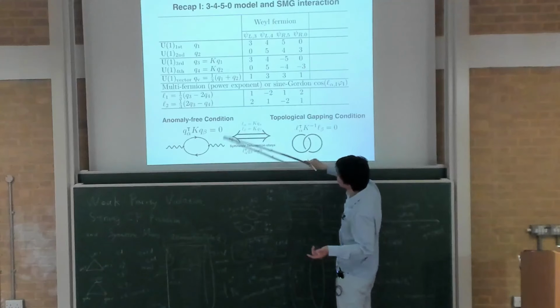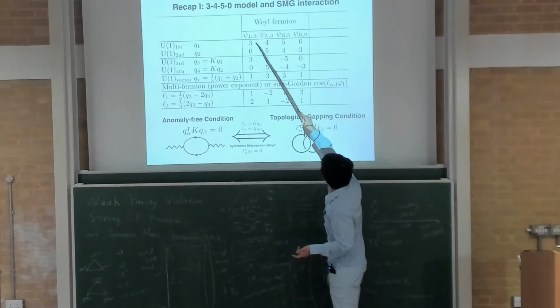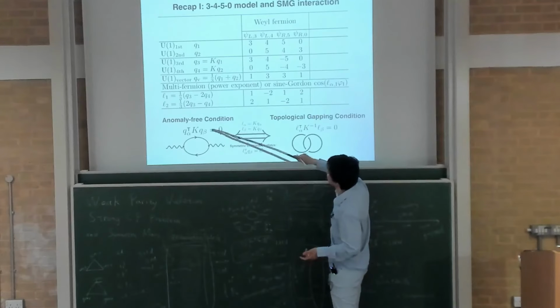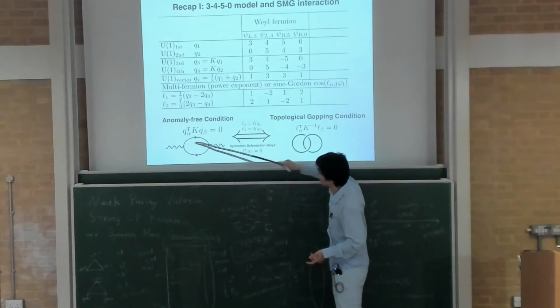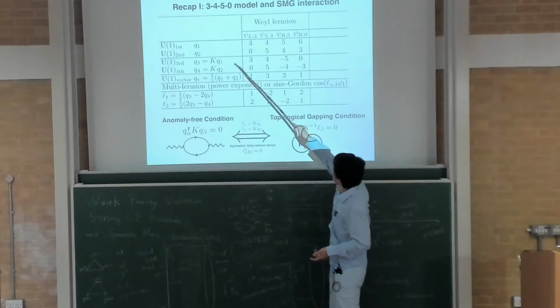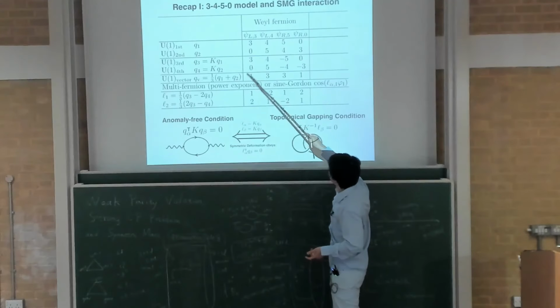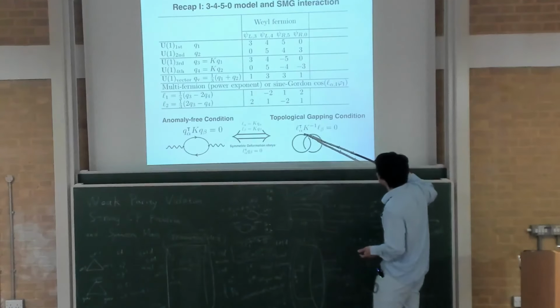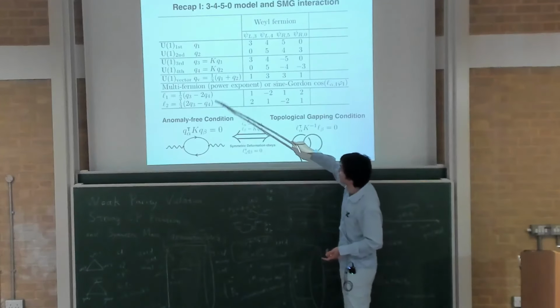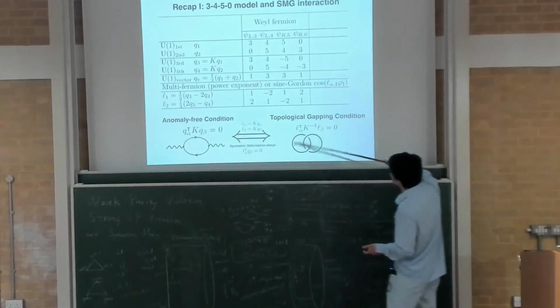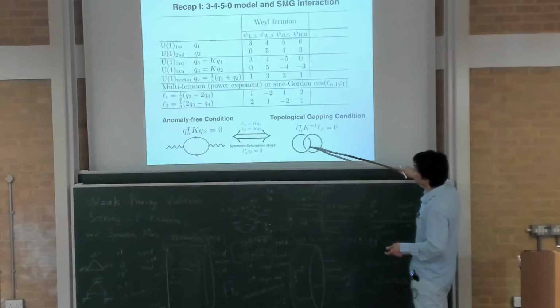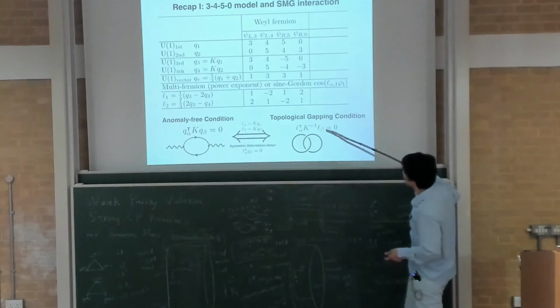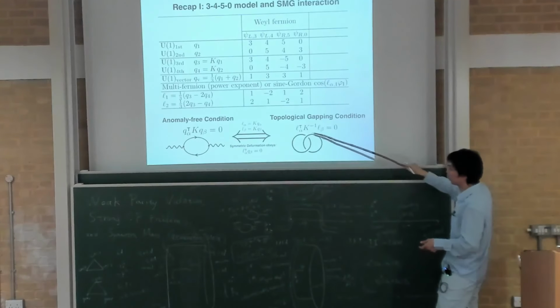And the important outcome is another condition: these two sets of U1 have self and mutual nullity free. So there are three conditions between this Q1 and Q2. You can check Q1 K Q1, Q1 K Q2, Q2 K Q2, all 0. And you can check the gapping term, which one can design, will be finding two sets of L that satisfy the braiding statistics of two lines 0, and they will correspond to two independent interaction terms. So L1 K inverse L1, L1 K inverse L2, and L2 K inverse L2.